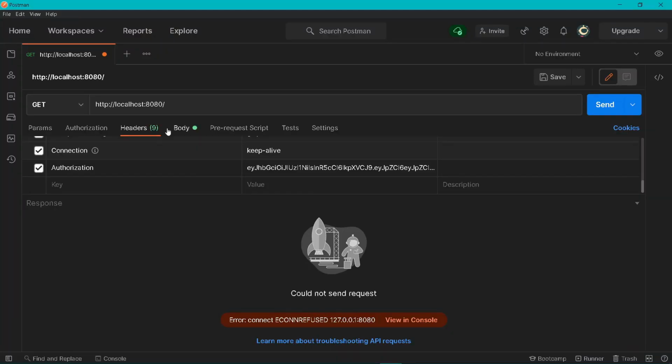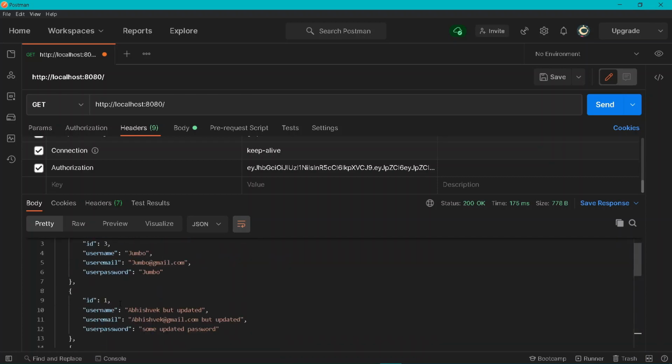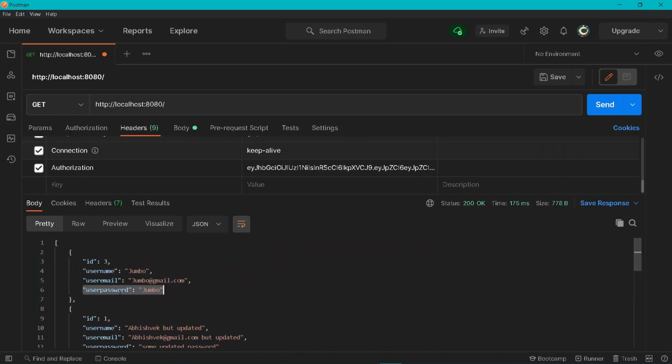So now if I move under my Postman, if I simply send a GET request, I am getting all of the following data. But you know what, the user password that we have saved under our database is not encrypted. Anyone, that is any admin, can see the user password so and so. So we need to do one thing, that is encrypt the following user password using the MD5 algorithm.